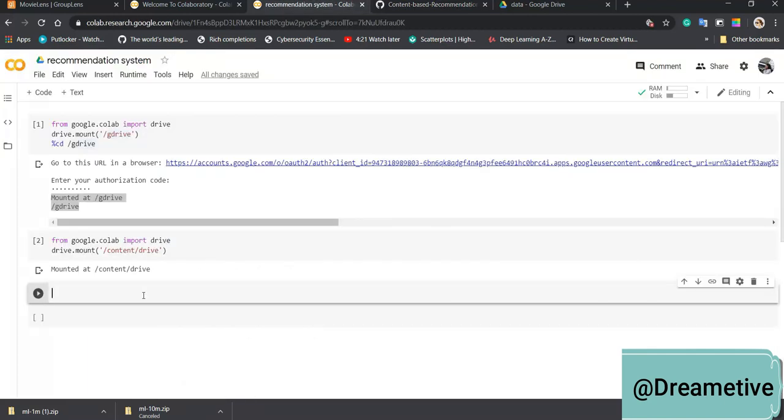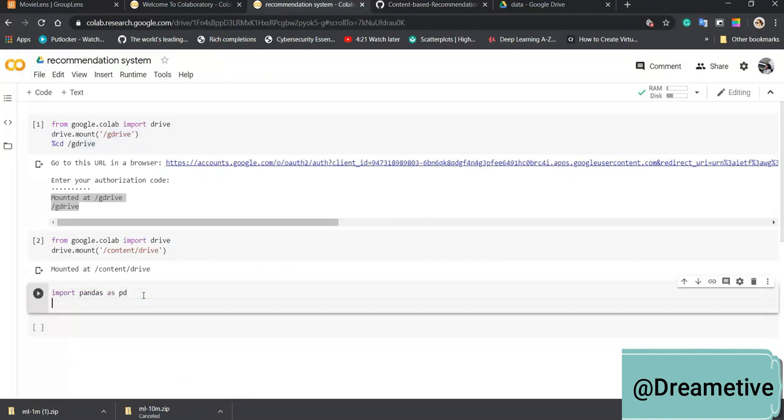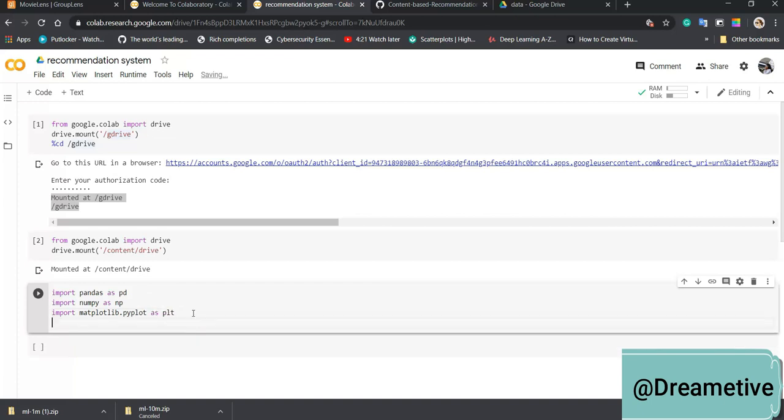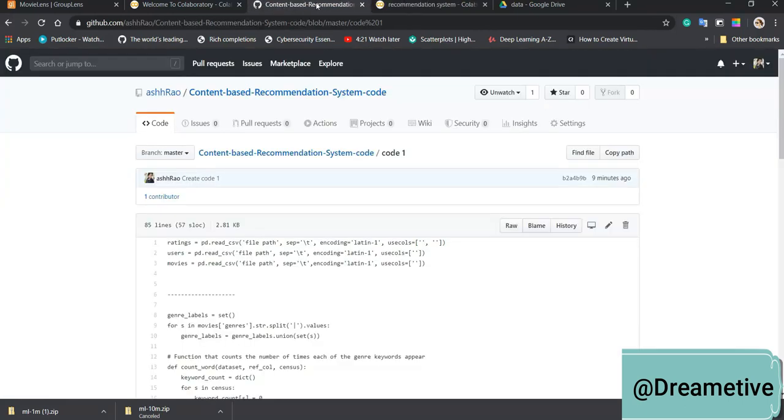Before that, I have to import certain libraries. Let's say import pandas as pd, import numpy as np, and I will import matplotlib. If I show something as a diagrammatic representation, it is because of matplotlib, but I don't think it will be necessary for me as of now. Now I'll copy the first code.